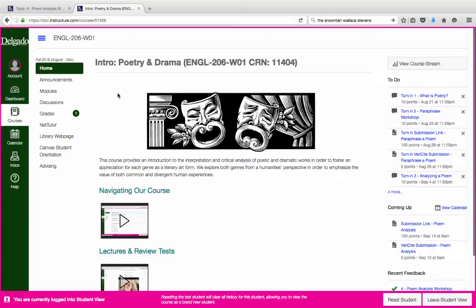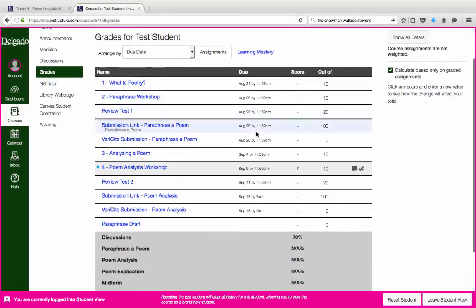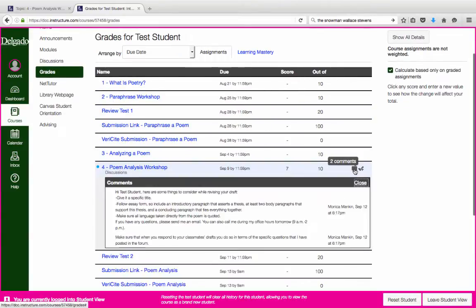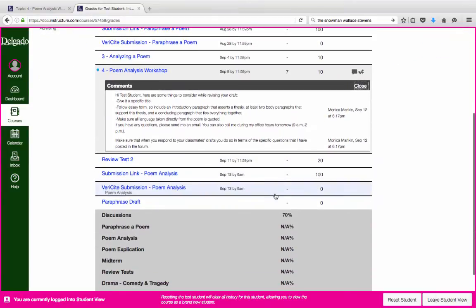So when you land on our homepage, you'll see grades and you'll see if there's anything that's been graded, and you should click there and then click on the actual, not the assignment, but go to the comments and you'll be able to see exactly what I've said in response. So I just kind of simulated the comments that I found to be most common.